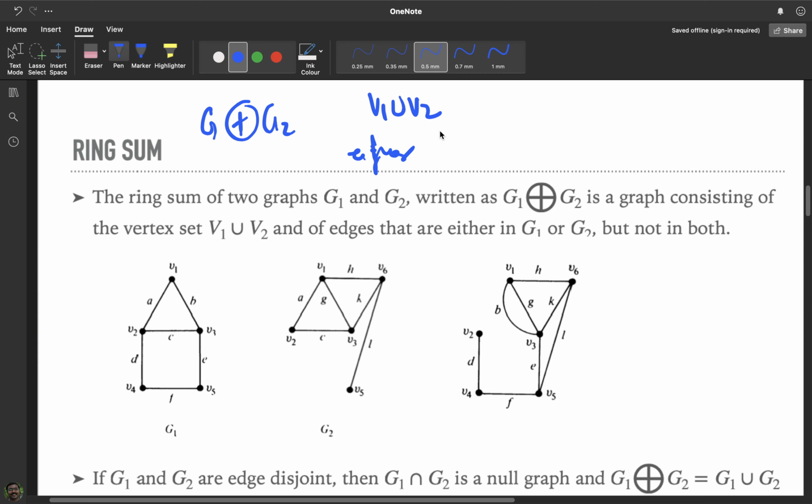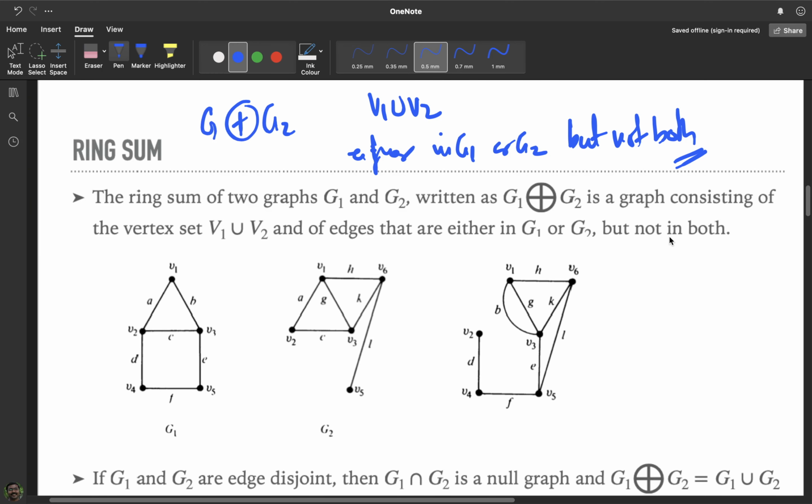Okay, so either in this set or that set, but not both. So that's the concept here. Basically the symmetric difference of edges is being taken here. So the edges lie either in G1 or G2 but not both. That's the only difference here. The vertex sets are the same, but the main crux is that the edge set is different. The edge set consists of those edges which are lying in G1 or in G2 but not in both. Okay, so let us look at this diagram.